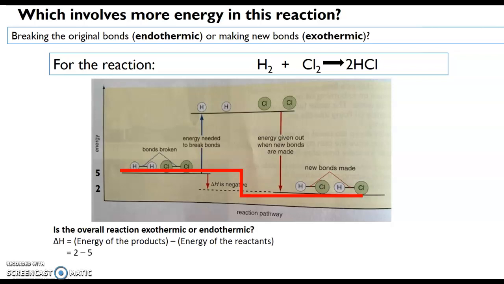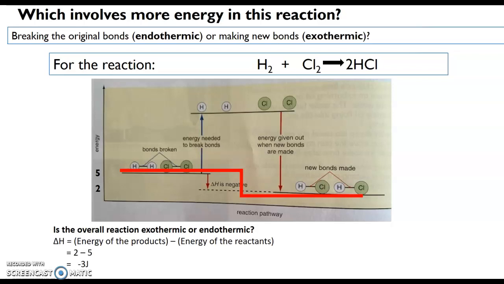So if I just put in made-up numbers over there, it's going to be 2 minus 5, giving me that negative 3 joules. And because it's negative, remember I said in exothermic, a cross reminds me it's negative. I've got it wrong. Exothermic always has a negative delta H, change in energy. So this again helps me to see, I've got two clues, that this particular reaction overall is an exothermic reaction